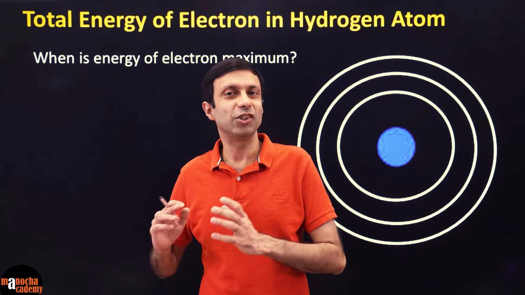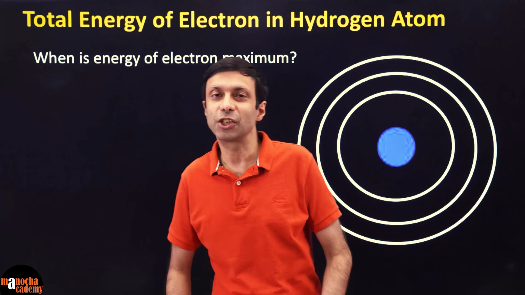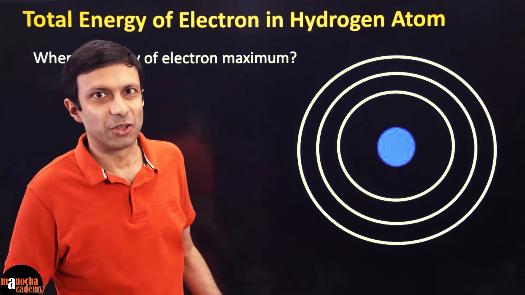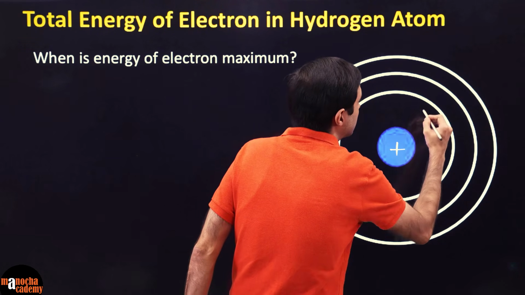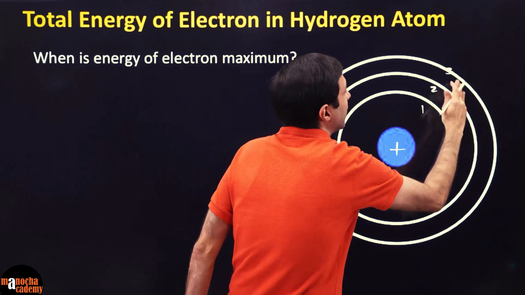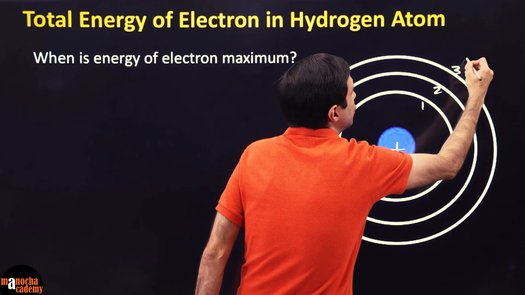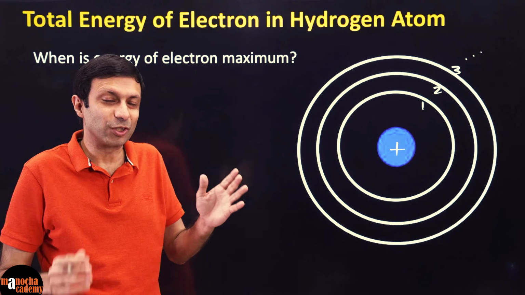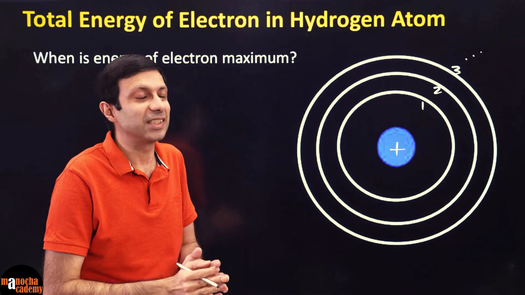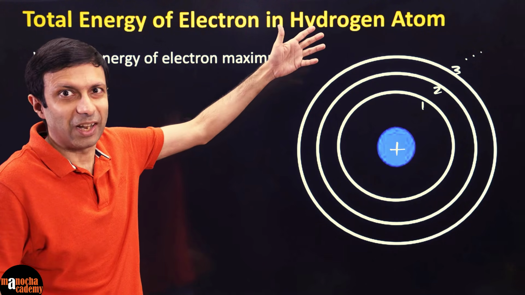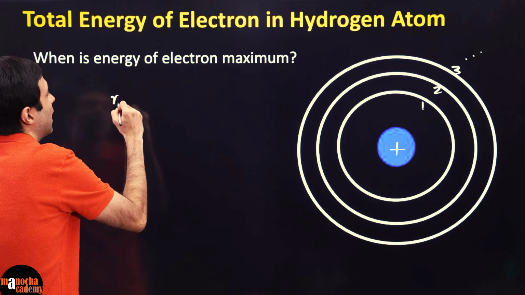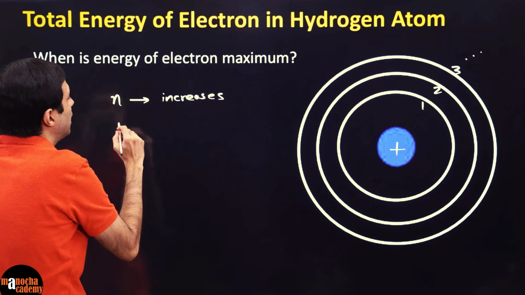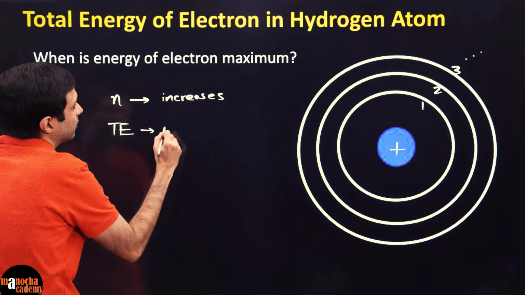So we discussed the total energy of the electron in the nth shell. If I ask you, when is the energy of the electron maximum? In which shell number? As we saw, as the shell number keeps on increasing, the energy of the electron is also increasing because the negative number becomes smaller. So as you go to a higher and higher shell, as n increases,